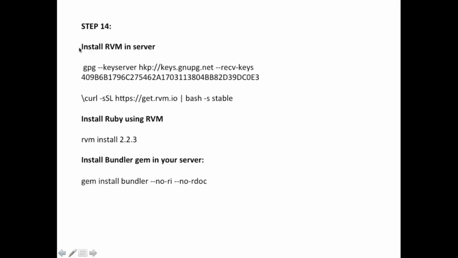So we are done with the installation of RVM in our server. Now we are installing Ruby 2.2.3 in our server.